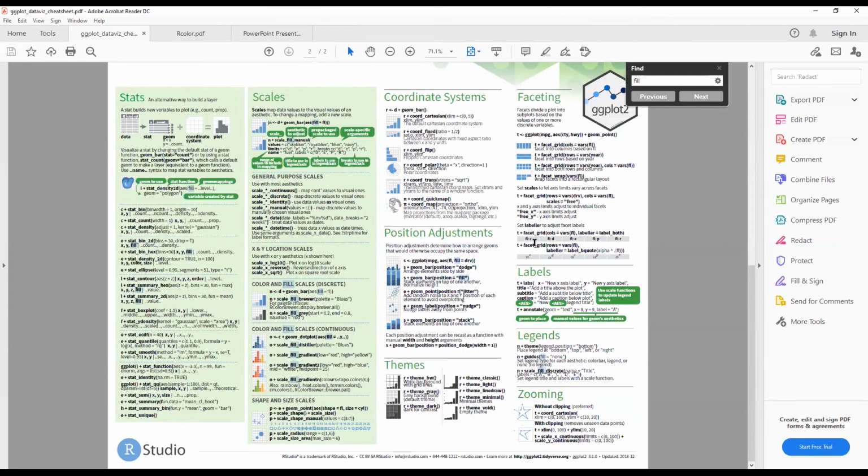I know it's probably a little bit difficult to find out exactly how to do a 100% bar chart, you would have to find it here. But this is a really good resource that you should utilize to get a sense of what the options are for each of these functions and what all the arguments are that you can put in.